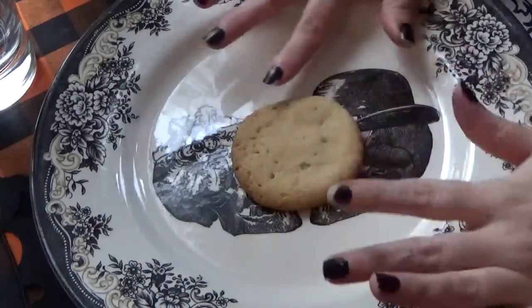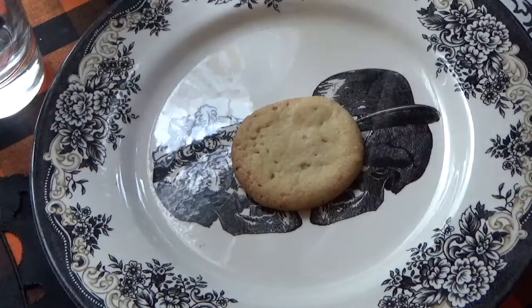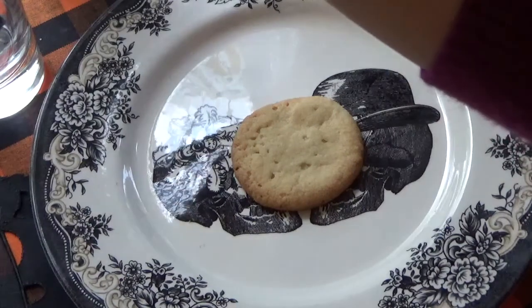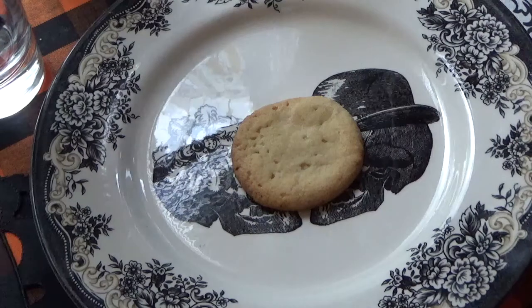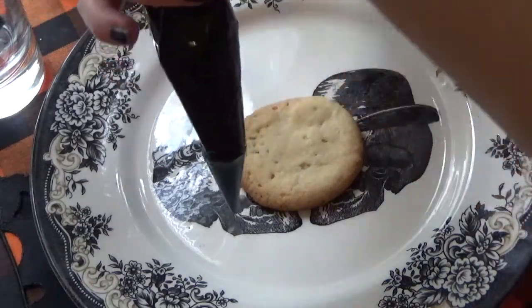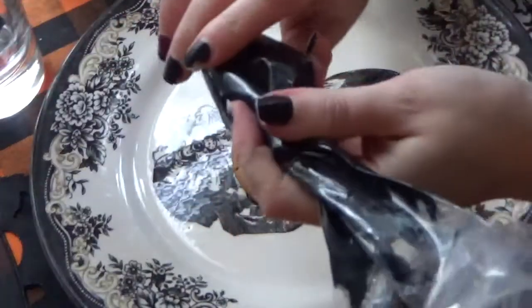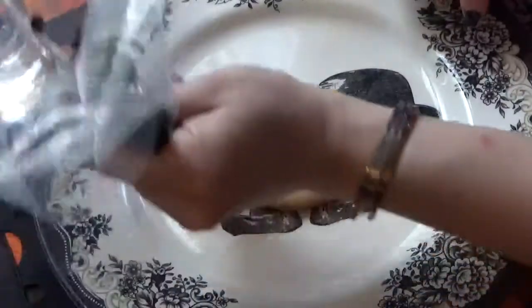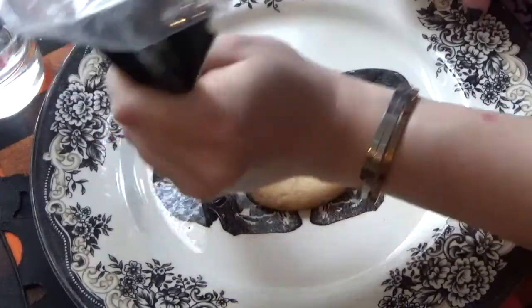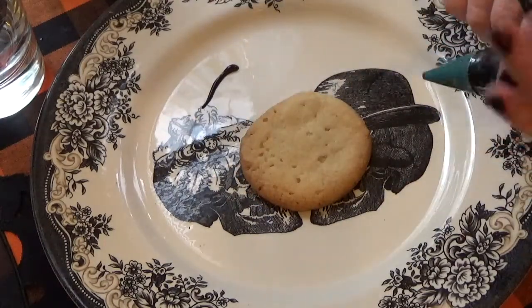Okay, so I'm going to start with a round cookie, and we're going to start with a little character. So I'm going to start with my stiffer icing to make an outline. Which one's this different one? I think it's this one. So I'm going to squeeze, give a little twist. Test. There we go. Alright, so I'm going to start by creating a little bit of an outline around the